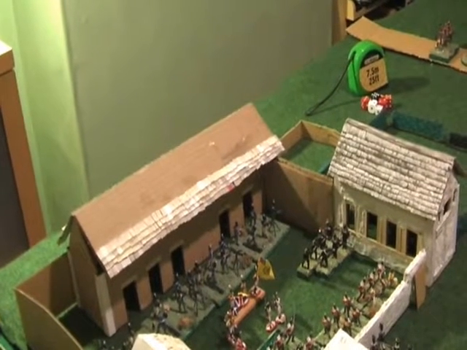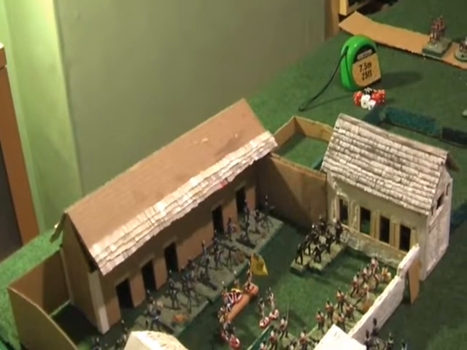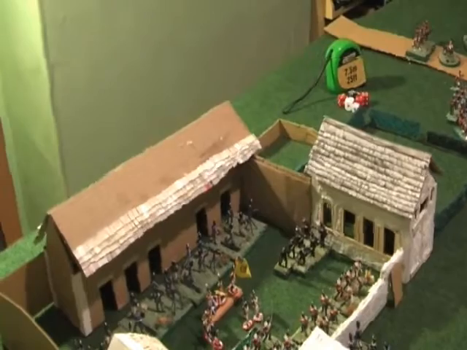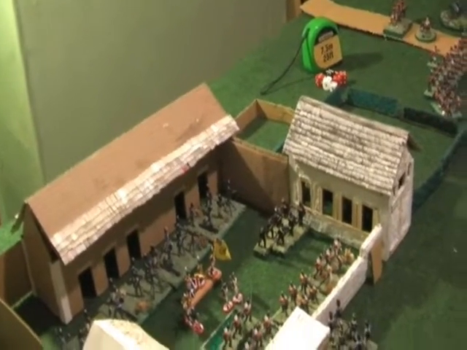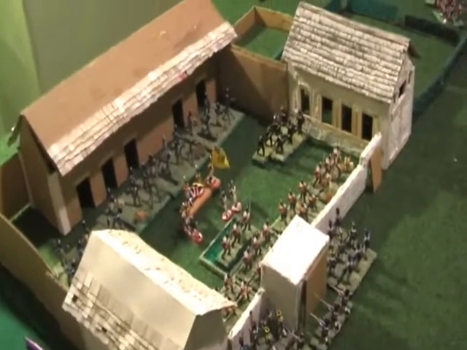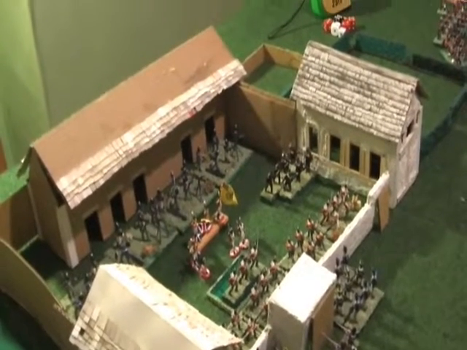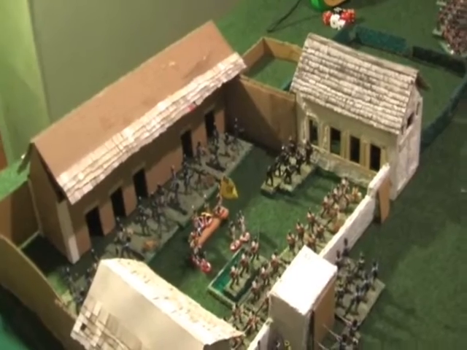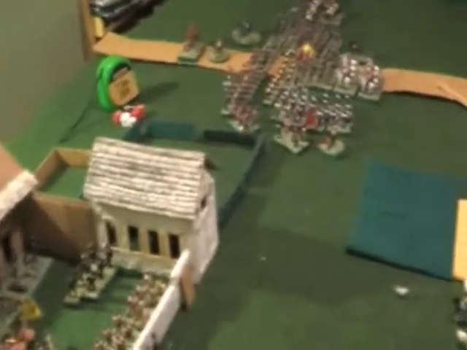So the King's German Legion have decided to come out of the building and they're moving into the orchard to take these guys outside the gate in the flank as well. That'll probably take a couple of turns, if indeed the battle lasts that long, because now